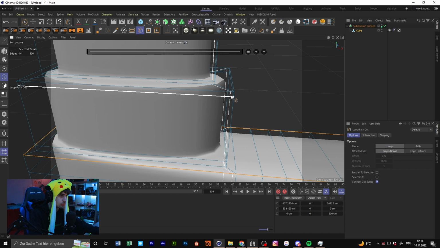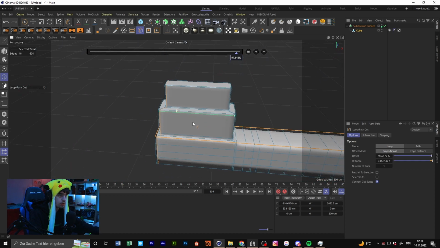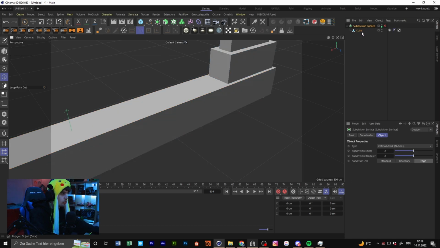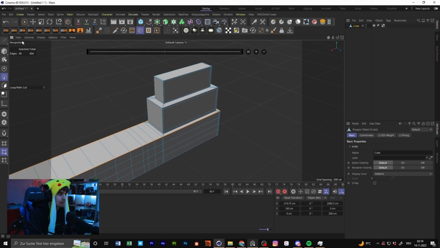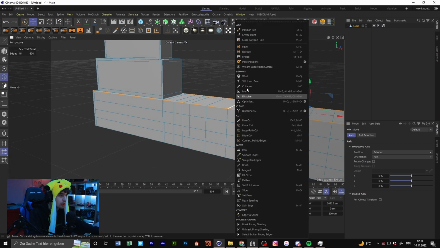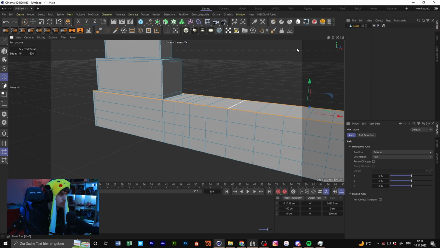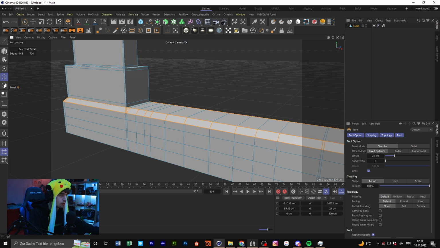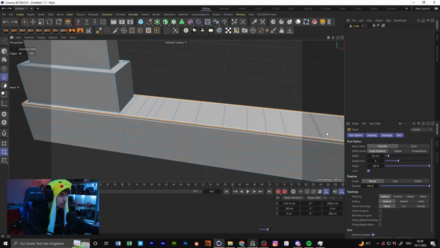You could also go for cuts in here and make it rounder. You have just a little bit of roundness. But what you also could do if you don't want to use a subdivision surface to bevel something or round something, now I say the word, you can go for a bevel. Bevel is the MS shortcut, or if you right click on it, you have this one. And with this one you can create